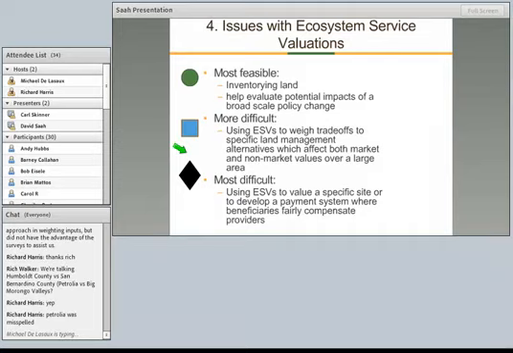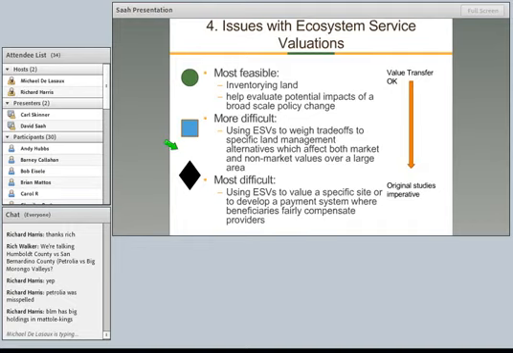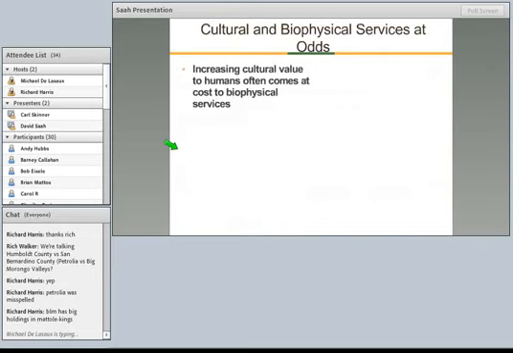And the last one, your black diamond, where it becomes the most difficult, is when you're trying to use ecosystem services at the site level where there's a real payment involved. In that case, it requires a much more rigorous assessment than the two that I showed you today. These value transfer methods are great up here. Original studies are imperative down here. So if you're going to do something at this level, you need to get on-the-ground data and do an on-the-ground analysis. When you're doing your scenario analysis, you need to take these broad-scale approaches and link them into your field data and your local understanding.